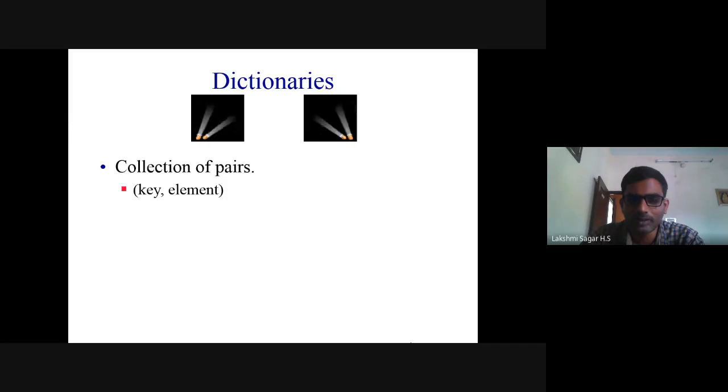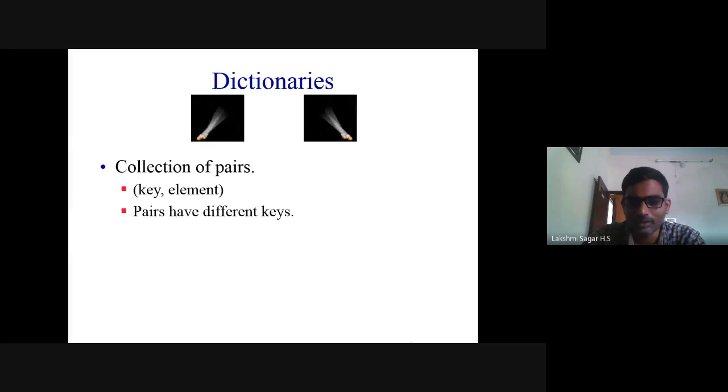So how do we represent each pair? It consists of a key, and an element associated with that key. So one pair consists of a key and an associated element. Each pair has a different key.